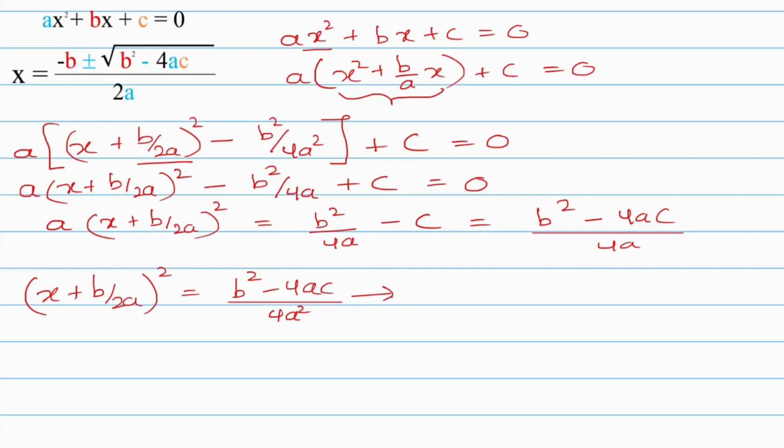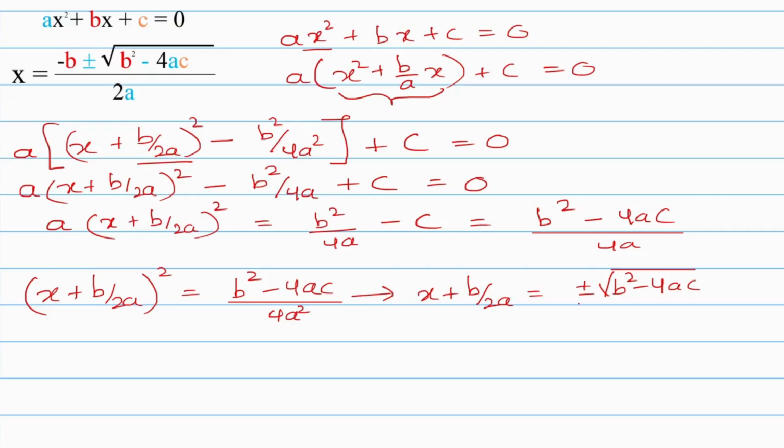And then we take the square root of both sides. That gives us x plus b over 2a equals plus or minus the square root of b squared minus 4ac,